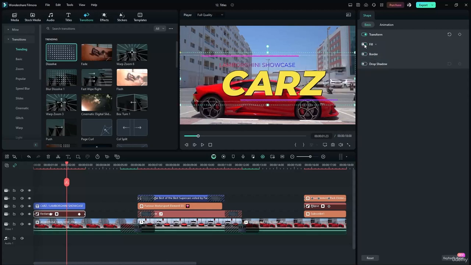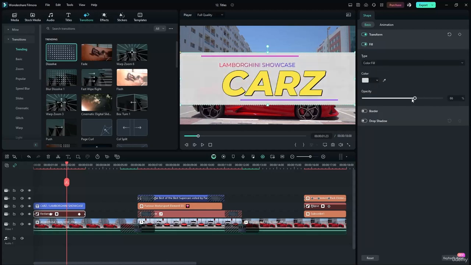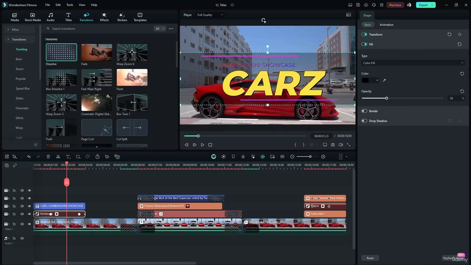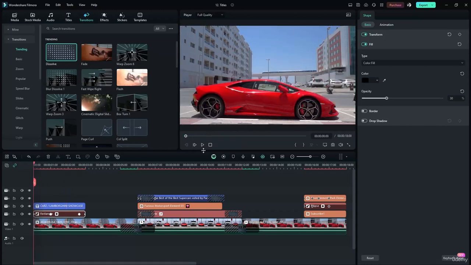Let me remove the border. Let me remove the fill. Underneath fill here, you have the opacity here. There you go. You can change the opacity. There you go. I'm going to change the opacity like that and make the color black so that it pops out more. So now what I'm going to do is play from the beginning so that you see